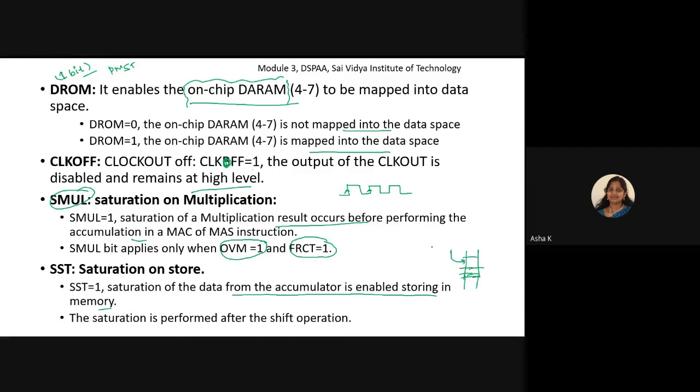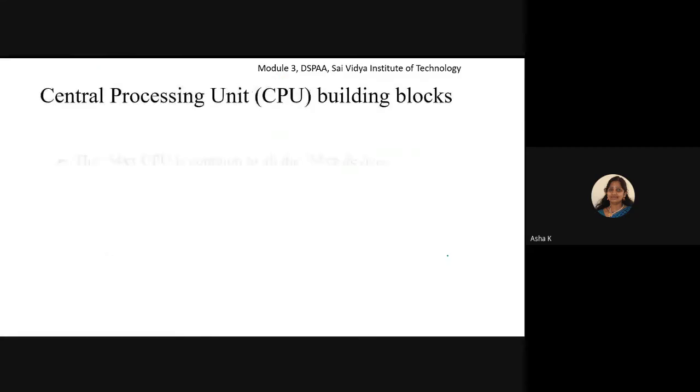We transfer the data to the memory space using the EAB and EB register pairs, the data bus pairs. EAB and EB are the data bus pairs. Those are used for transferring the data onto the memory. So this completes the processor mode status register.